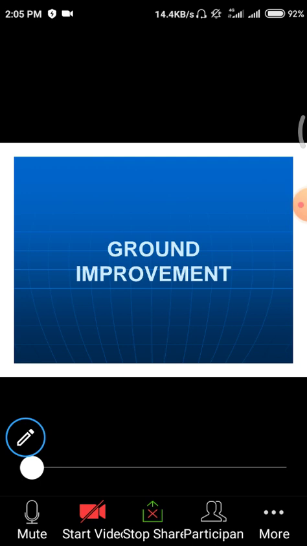engineering geology also. That means the soil structure and top layers and middle layers and different properties of the soils and rock strata, soil strata, all those are from geology, and main soil properties from geotechnical engineering. By using those properties, we have to study these ground improvement techniques. This is one of the advanced subjects in geotechnical engineering.